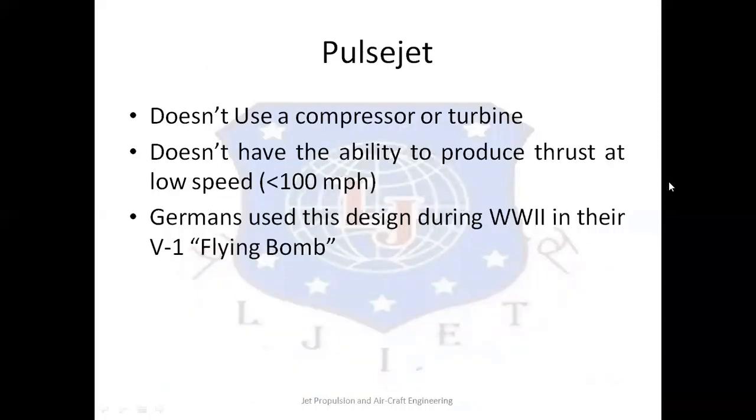Now next one is a pulse jet engine. Now pulse jet engine is also similar to a ramjet engine since it does not have any compressor or turbine, and it can be operated at high speed too. I mean, it has a limitation that it cannot be operated at low speed. So these are the characteristics which are pretty much similar to the ramjet engine, though it has certain differences.